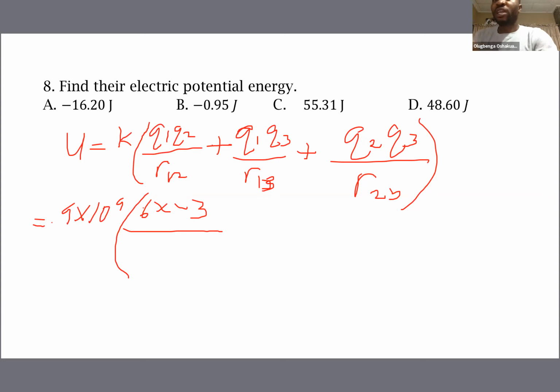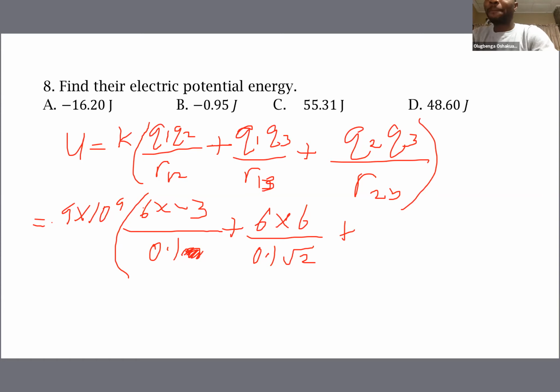And we know the distance between R1 and R2 to be 0.1 meter. So let's remove the meter for now. Plus Q1 is still 6 microcoulomb times Q3. Q3 is also 6 microcoulomb divided by R13, which is 0.1. The distance between R1 and R3 is 0.1 root 2, plus Q2, Q3. Q2 is minus 3,